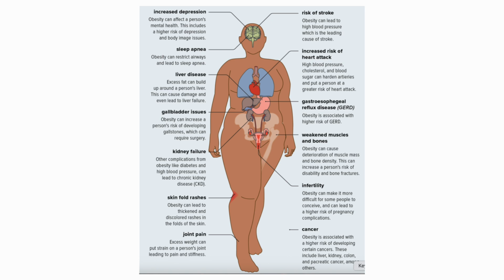It also affects the skin and creates the rashes, or what we call acanthosis nigricans. It affects the joints mechanically. Top right, it results in high blood pressure and then risk of stroke. It also increases the risk of heart attacks through all these other diseases such as diabetes. It affects the GI tract by causing reflux. Also, it weakens the muscles and the bones and increases the risk of the patient becoming disabled and unable to do usual function, and as a result gains even more weight.